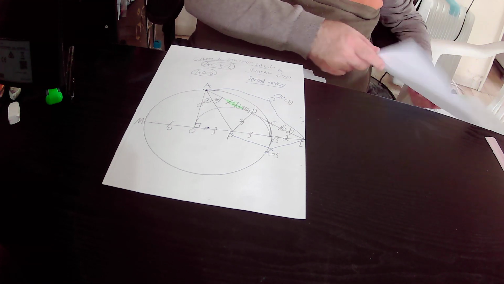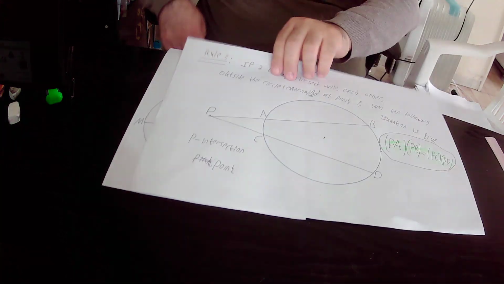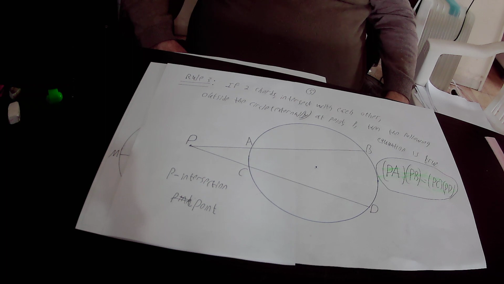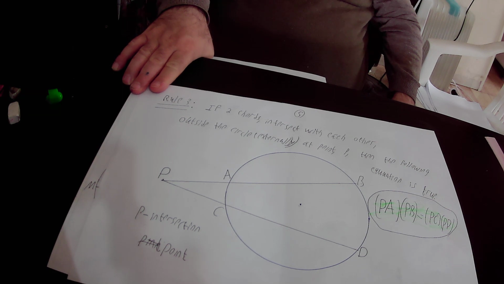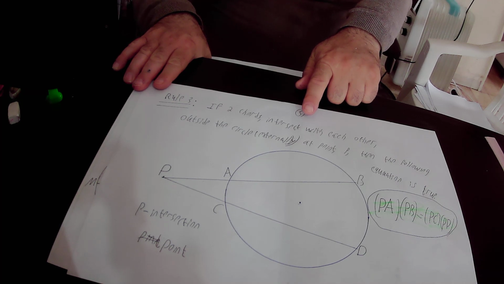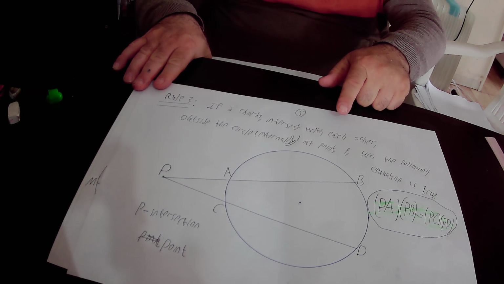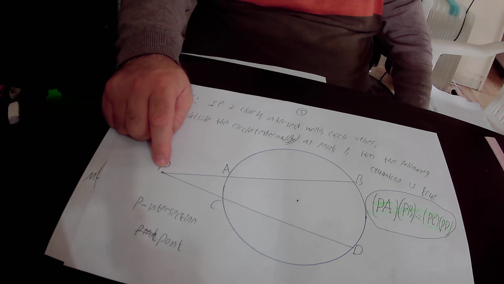Then I presented to you a new rule, rule number 3, and we implemented rule number 3 in our drawing. What is rule number 3? According to rule number 3, if two chords intersect with each other outside the circle, so they intersect externally at point P, point P being the intersection point of the two chords,